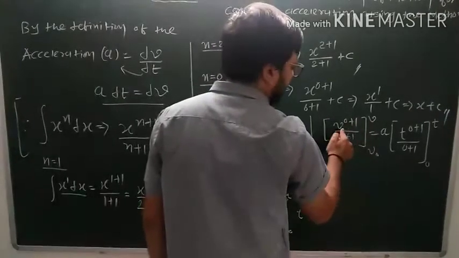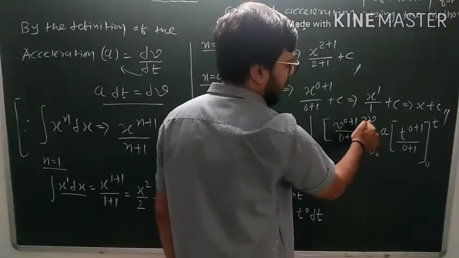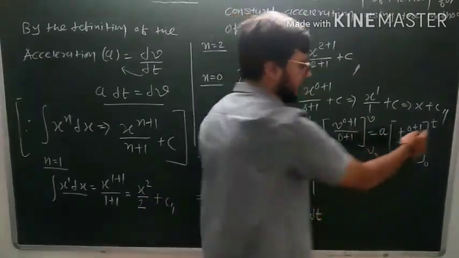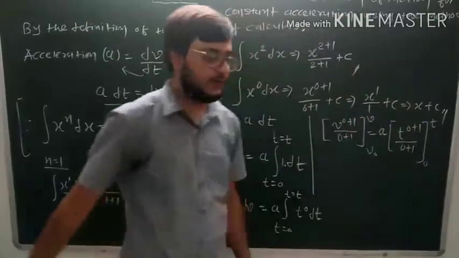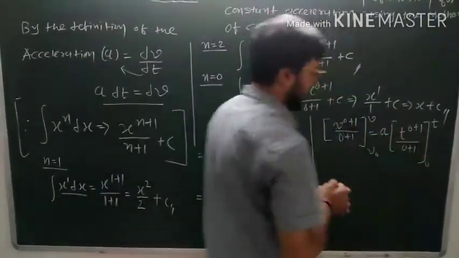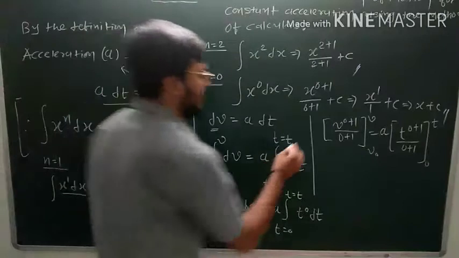We put the limit in this equation. This is called the upper limit, and this is called the lower limit. Now we put the limit in this equation, then finally we get the answer, that is